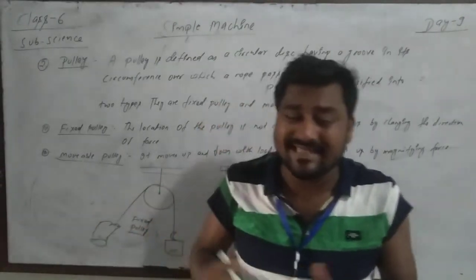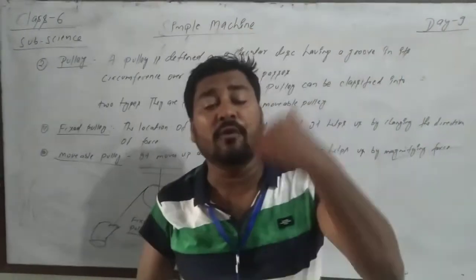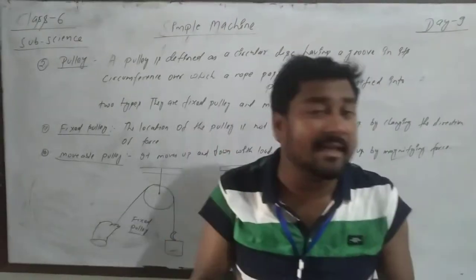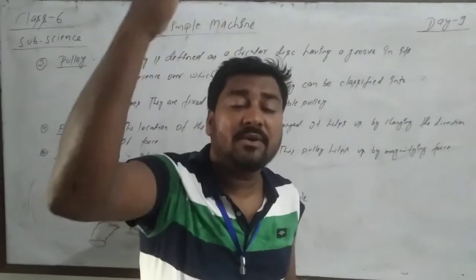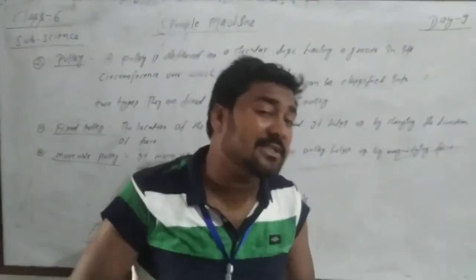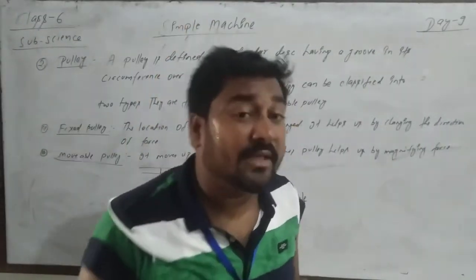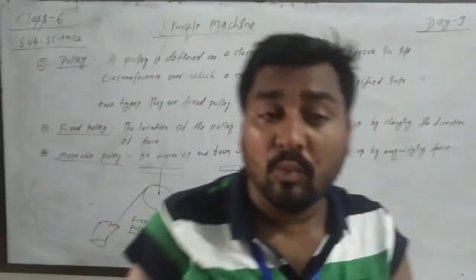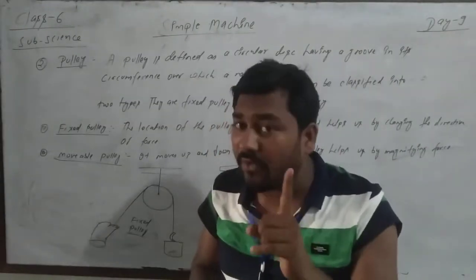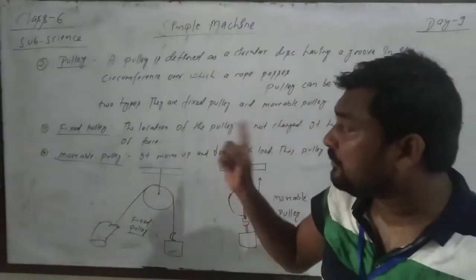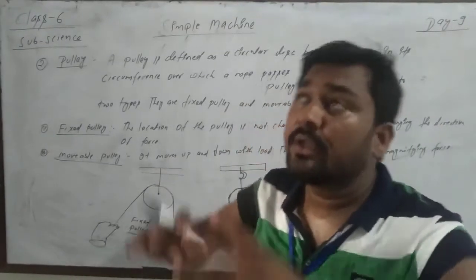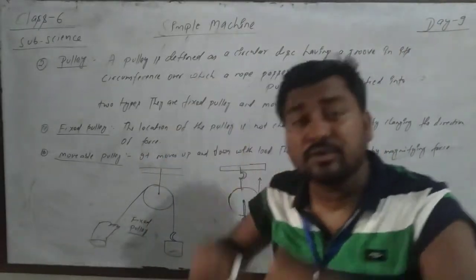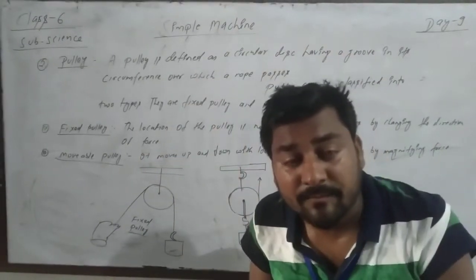If we are constructing our buildings, second, third floor, the laborers, when they take sand, pebbles, stones, or cement to the fourth floor, fifth floor, will take more time. But when they use a pulley to lift the different types of materials up the floors, it will take less time with less force. So you are using this pulley to lift the load from the ground to the top of the floor.